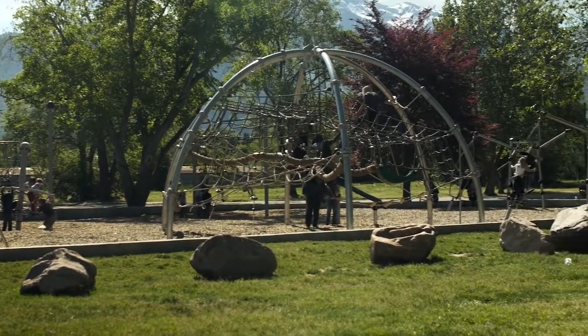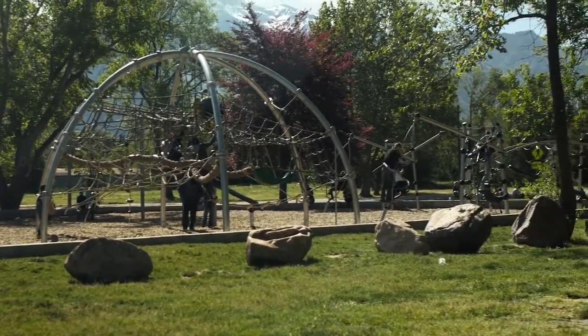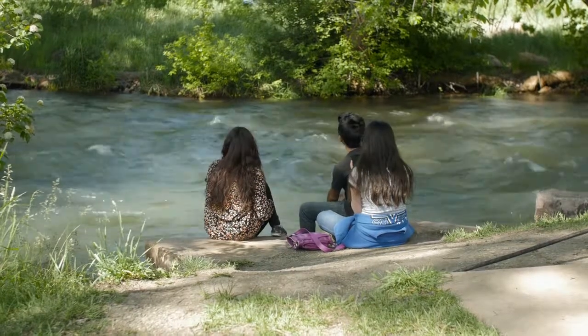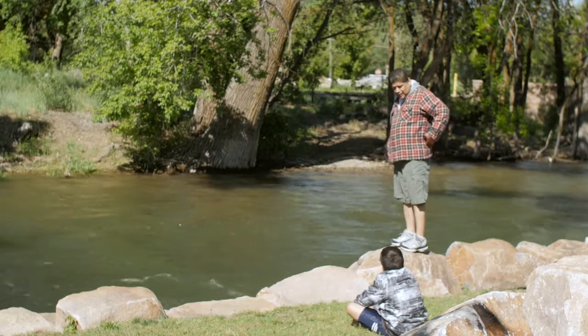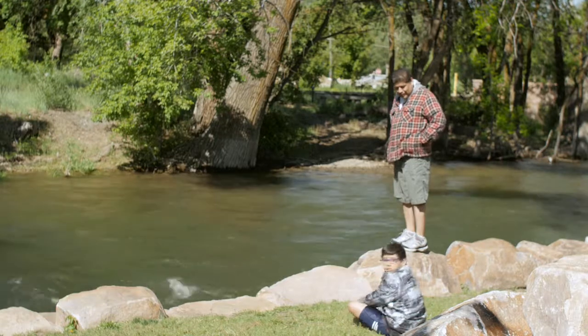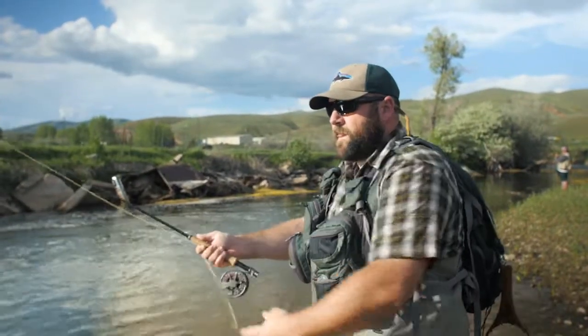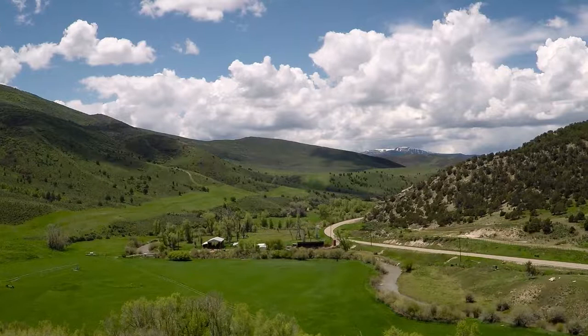Yeah, the most important thing that we can do as a community to make that happen is to form partnerships that are rooted in collaboration. Healthy rivers make healthy economics, and healthy economics can help provide healthy rivers for this community. And the important thing is that this community values these rivers, and that's exactly what we do. We have tremendous value here. We recognize it as a community. Our city leaders recognize it, and we want to take steps to make sure that we protect, conserve, and restore those resources